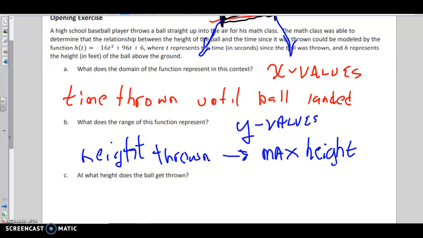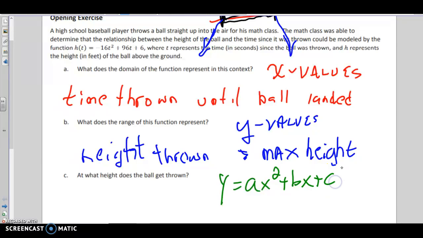At what height does the ball get thrown? So this is where the standard form of the equation, which is what we're looking at here, comes in. If you remember, we'll go back to the standard form of y equals ax squared plus bx plus c. So that's our basic standard form for a quadratic. The c value